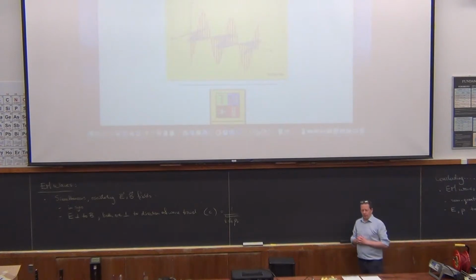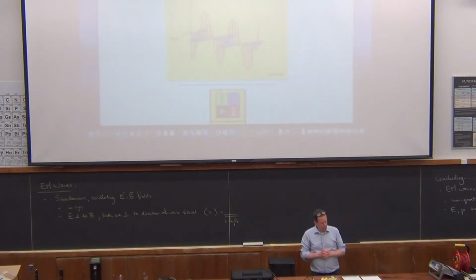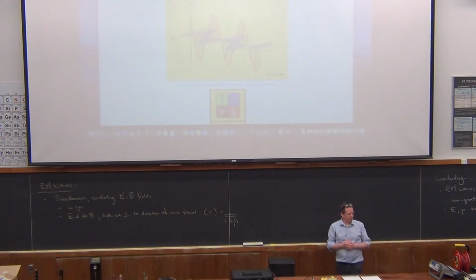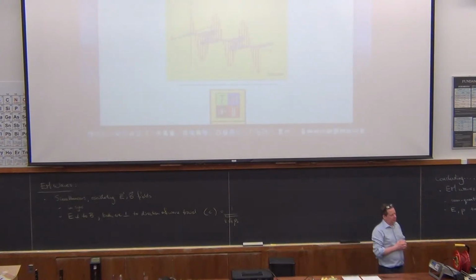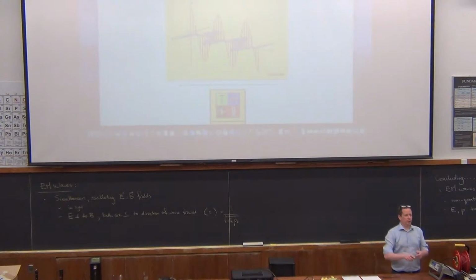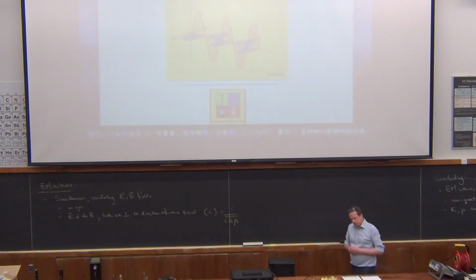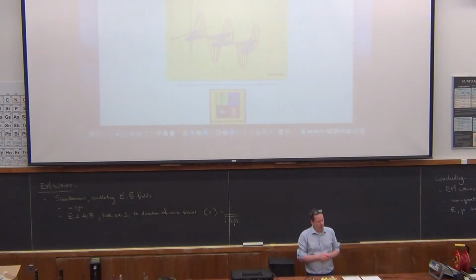Now, this is leading into a topic that we don't have time to talk about in this course, but many of you have heard about already, which is the phenomenon of polarization of waves, and polarization of electromagnetic waves in this case, which is to say it's important in many cases which direction the electric field is oscillating in, and therefore which direction the magnetic field is oscillating in. Why is that? Well,